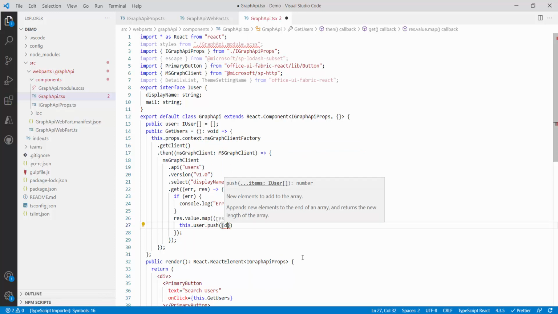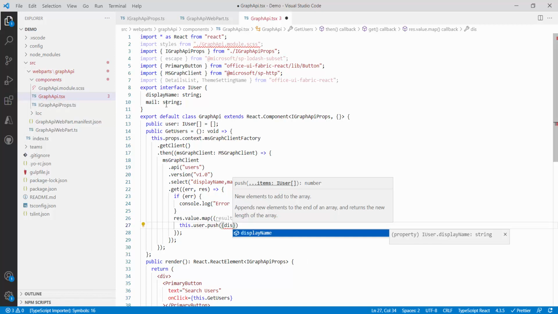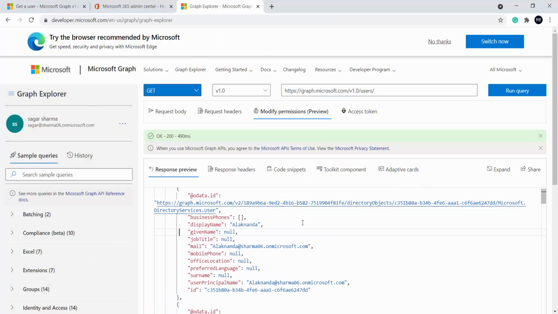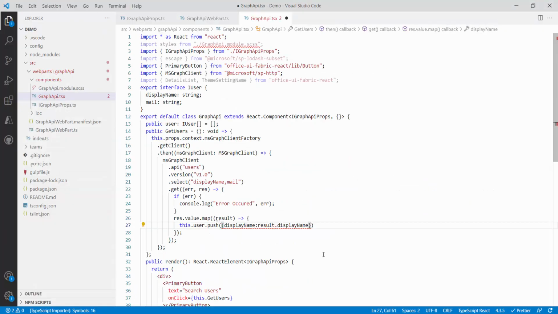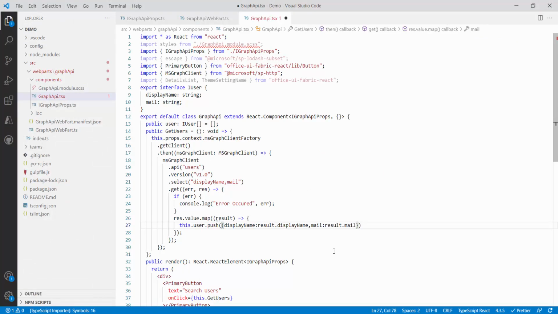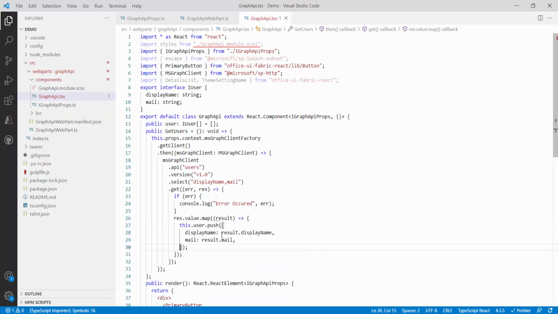Display name will automatically come because this is the type. So display name, and from the result I will use result dot display name. Okay, there are two properties which you have to provide, comma mail colon result dot mail. We can see mail is also small, mail ID. So this is done. Now all the values would come inside this particular array.